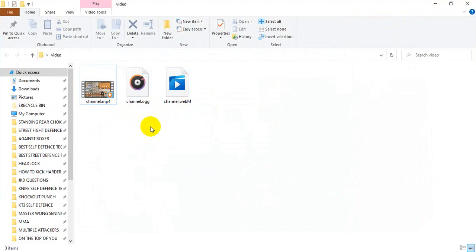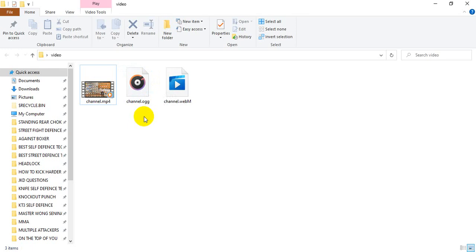So I am going to add the channel.ogg. This file I want to add inside my web page. Students, if you are going to insert any video file, audio file or image file, please make sure whether it is running or not, opening or not, playing or not before adding. Sometimes a file is corrupted, and when you add that file on your web browser, it will not be supported, and a corrupted file will not play.